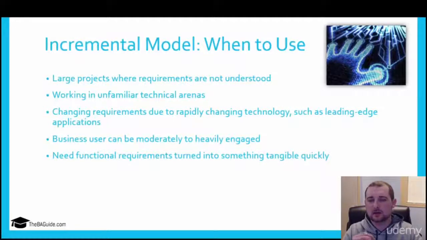The next one is business users need to be moderately to heavily engaged in the project. Since there are many waterfalls, you're not segmented like you are in the waterfall model. The waterfall model kind of has it where the business analyst works with the business to develop those requirements, and then the business analyst works with the solution designers to design out the solution. And at that point, when you're in the design stage, the business users are pretty much off doing their own thing, and they're not having to be engaged in the project until the approval comes out. Well, in this one,